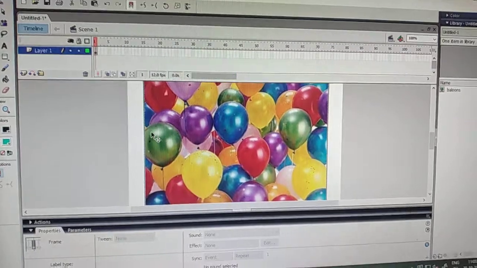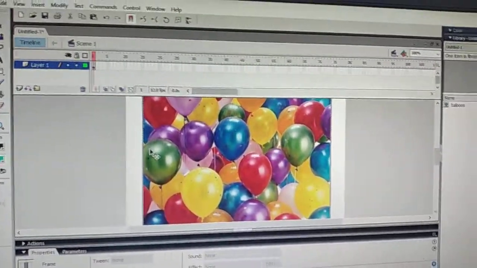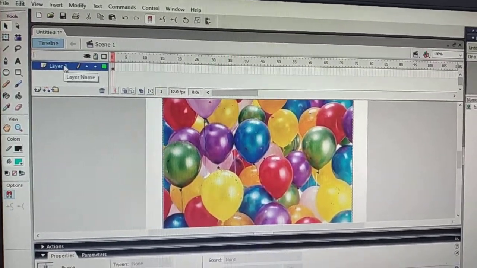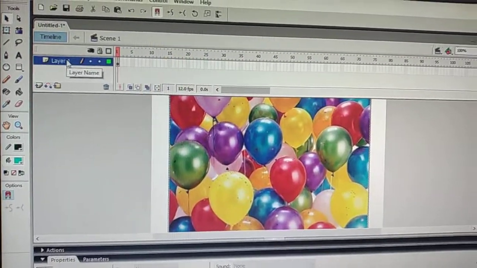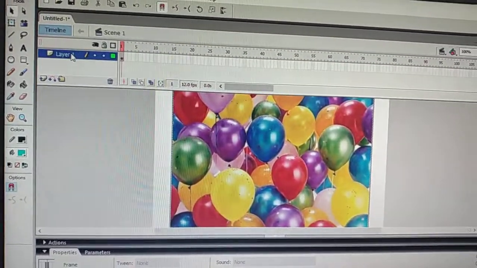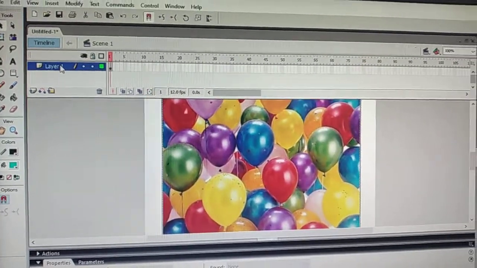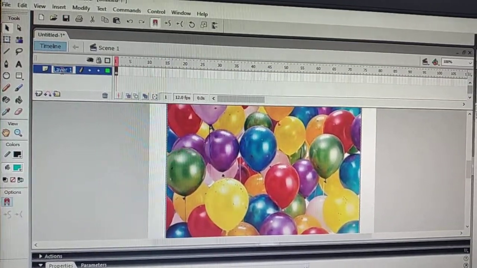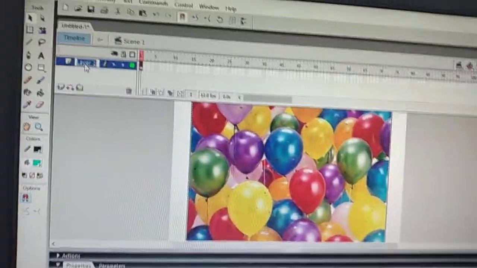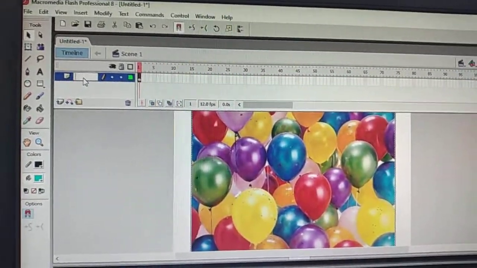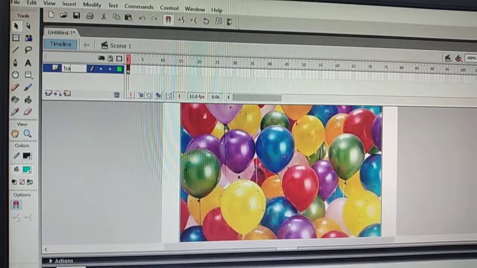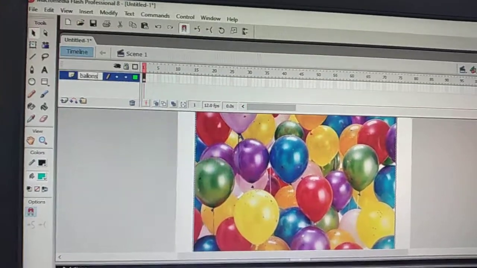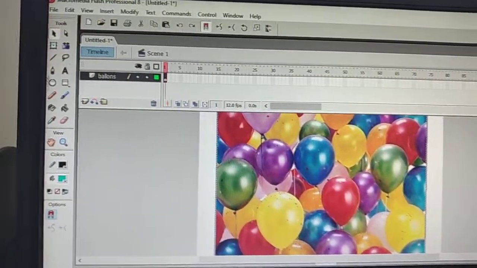So in this way, students, you can add any graphic in this software, and you can rename your layer also. This is Layer 1 by default, so you must rename the layer because it is easy to find when there are so many layers. So you have to double click on this layer. When you double click, you are able to edit the name of the layer. After that, press Delete, and because I have imported the graphic of a balloon, I am writing the name of this layer as balloon. So in this way, students, you can rename your layer.